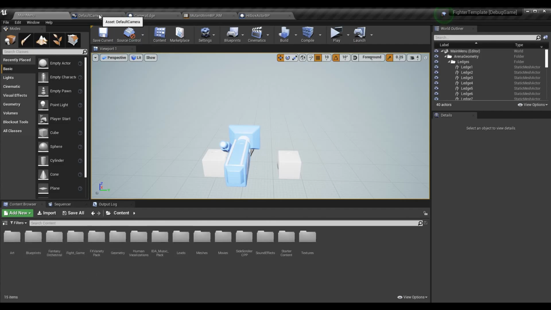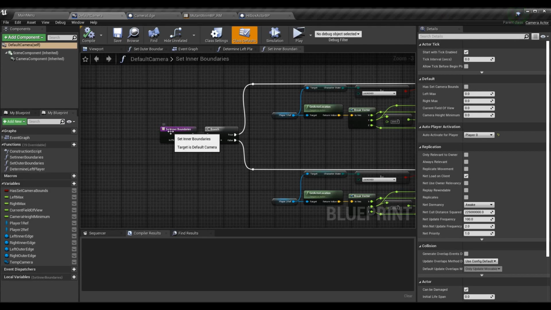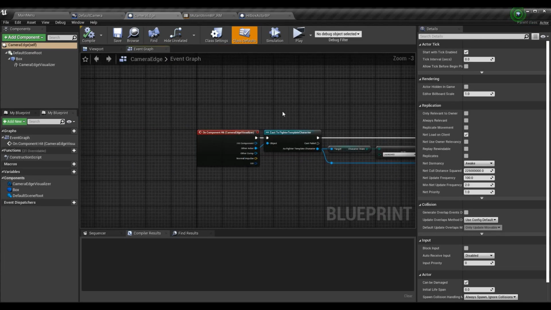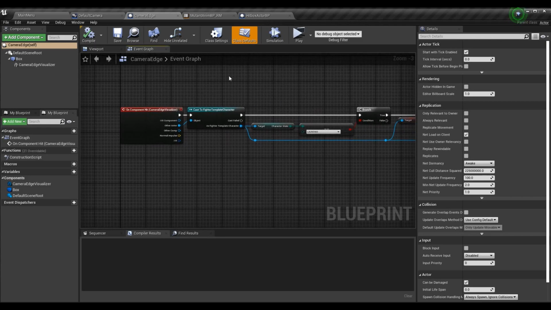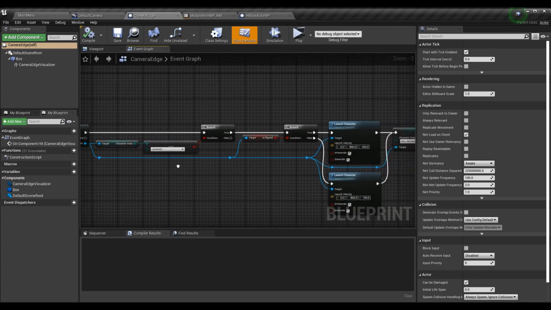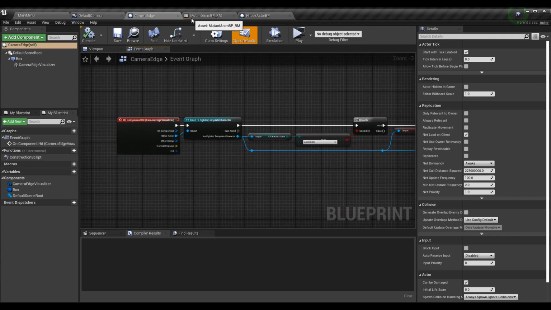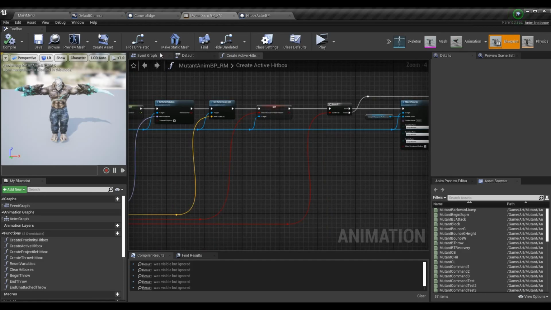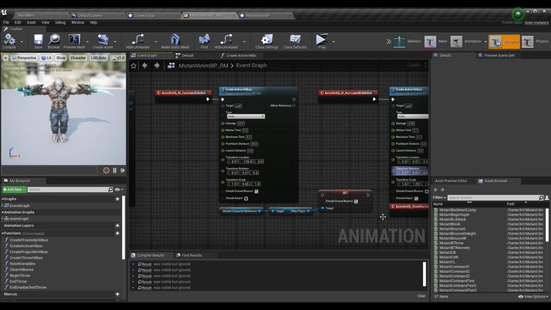We're going to need our default camera, because I'm going to make a new function called set inner boundaries. And then we also are going to need our camera edges. Now, we had made these before. These are the same thing we use for the inner and outer edges. I just didn't have any logic in them before. Then we're going to need our NMBP, of course, to do some logic with the hitboxes,